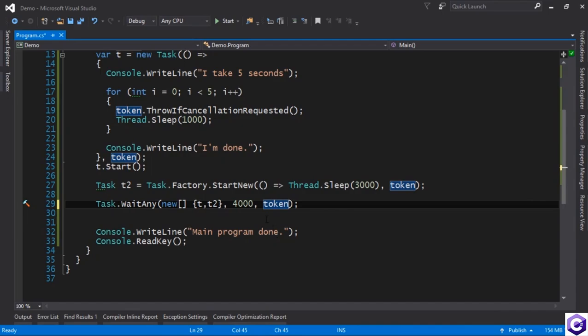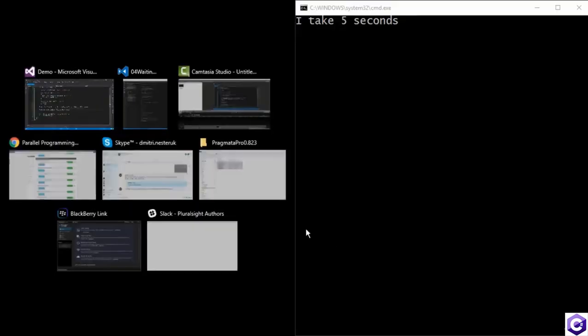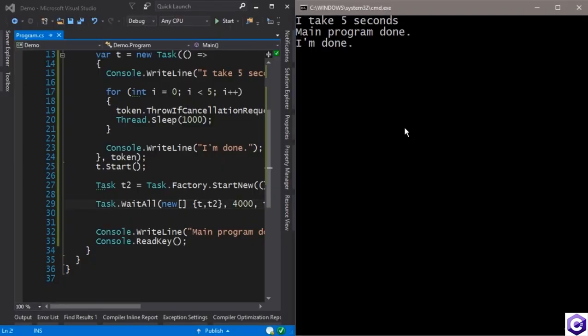However, if you do use the token, then the rules of the game change slightly, because if you use Task.WaitAll, or if you use Task.WaitAny, let's actually change it to all, then canceling on the token actually fires an exception, which is scary stuff, because in this case what's going to happen is Task.WaitAll will actually throw that aggregate exception out, and that's a bit of a problem. If I actually execute this right now, it's going to be just fine because we're just waiting on all of these. However, if I